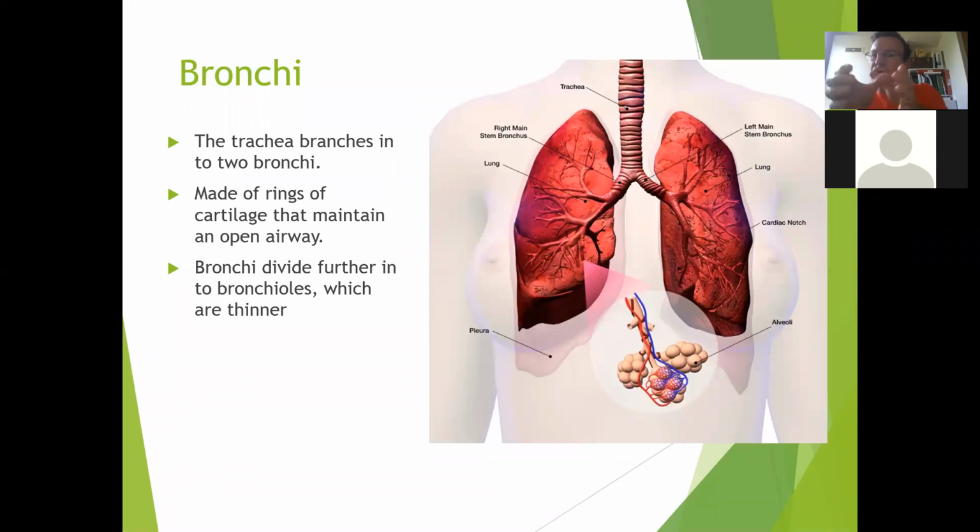The trachea is C-shaped cartilage, located deep in that chest, and then they branch out either side into these rings of cartilage. You can see that on that picture, those little rings of cartilage. That means they should stay open pretty much all the time. If anyone's ever had bronchitis, bronchitis is an inflammation inside those rings of cartilage. Inside the bronchi, you've got a layer of very smooth muscle. And if we get irritated,